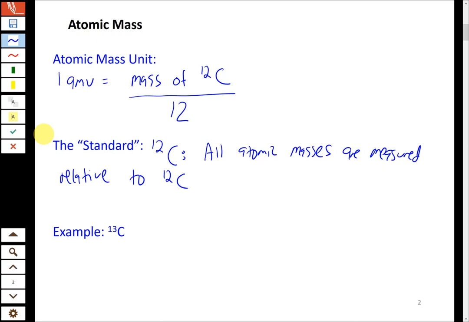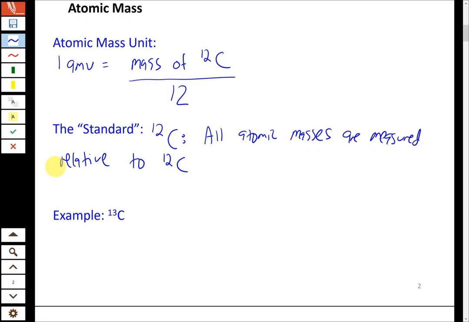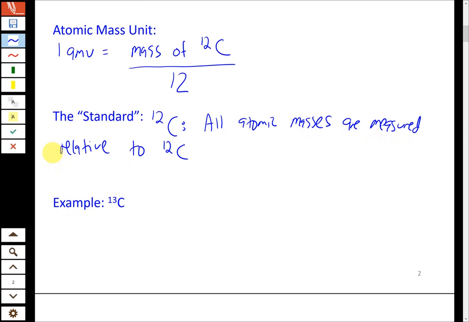And the amount that they bend is proportional to their mass. So you basically measure the bend of carbon-12, and there's a lot of physics behind it, but then you measure any other atom relative to that, and the relative amount gives you the relative masses. So the way that they're done, again, is in a relative sense. If you use this sort of technique that I briefly described, you might get, for example, carbon-13, the other major isotope of carbon. You can't really measure absolute masses of atoms very easily, but in a relative sense, you would find that the ratio of these two is